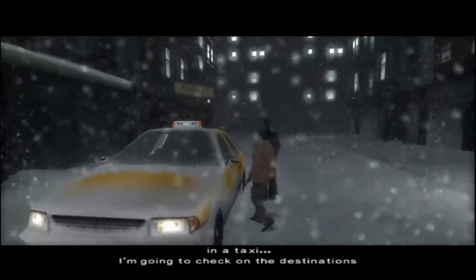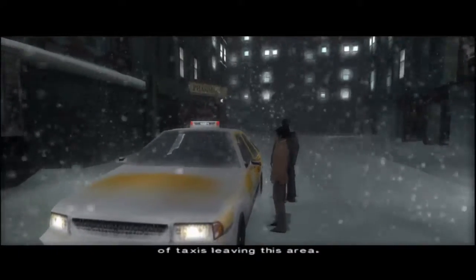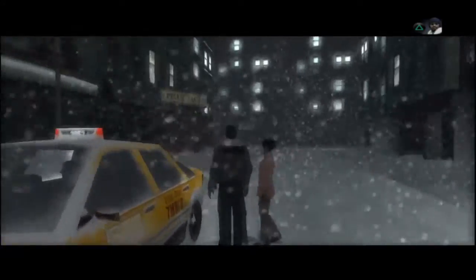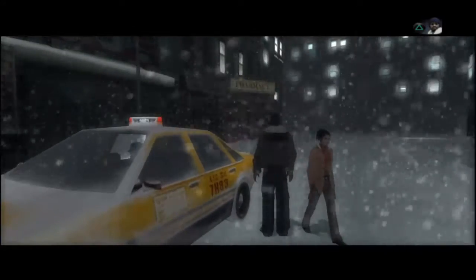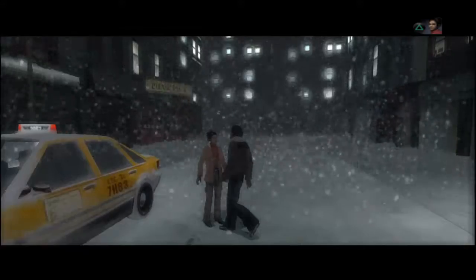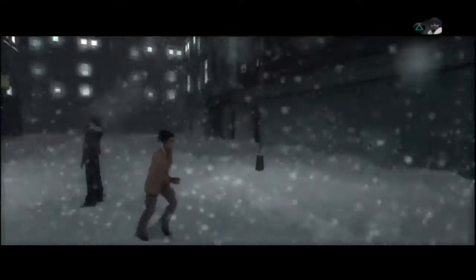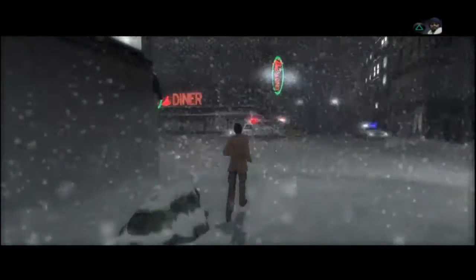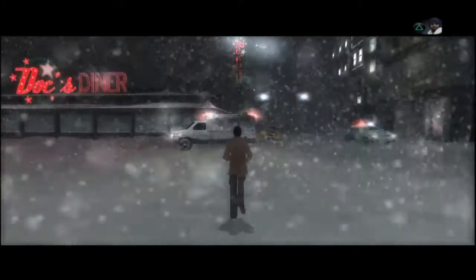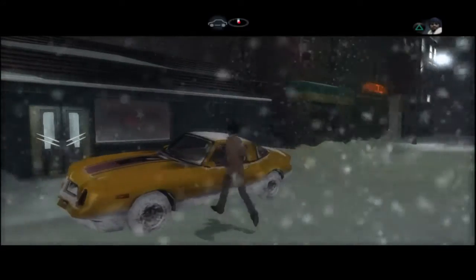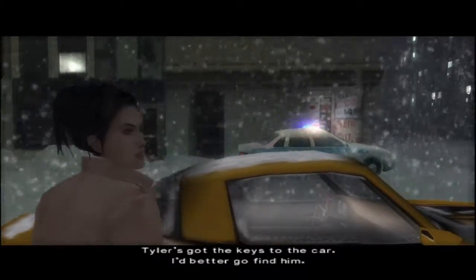I'm gonna check on the destinations of taxis leaving this area. Tyler's got the keys to the car. I better go find him.